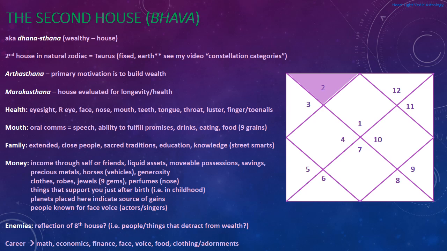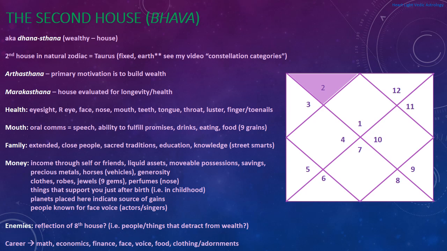What are the people around you teaching you? So this isn't formal education necessarily. That's typically more of a fourth house thing, even grade school up to about college. But this is more, for example, I looked at Abraham Lincoln's chart. I think he was the 16th president of the United States. And he didn't actually have much formal education, but he ended up becoming a lawyer. But his second house was tremendously strong.